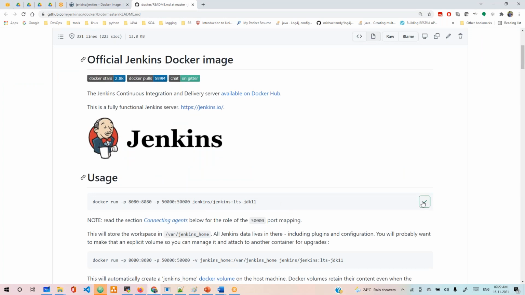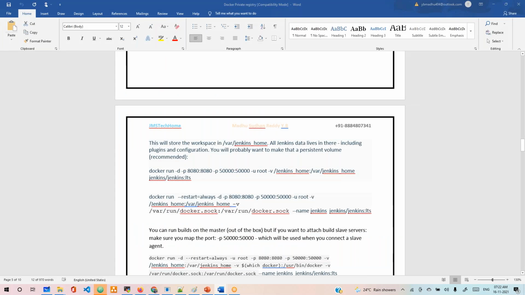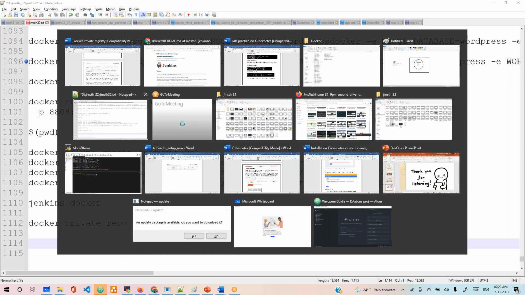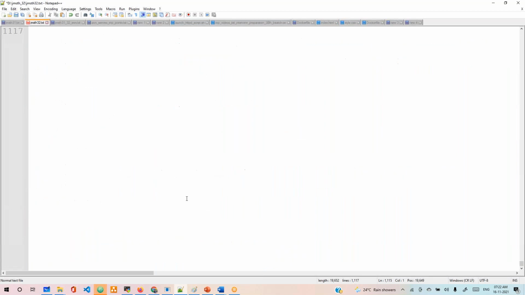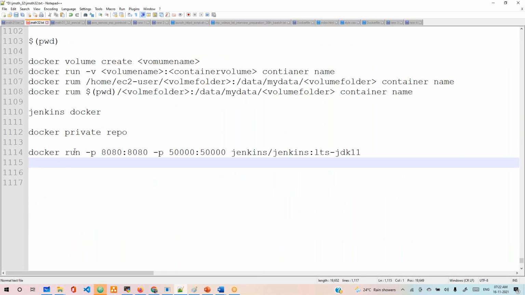Now, let me run this container. Then go and run this. Let me show what's happening. Now, let's discuss this. What is this? Docker run